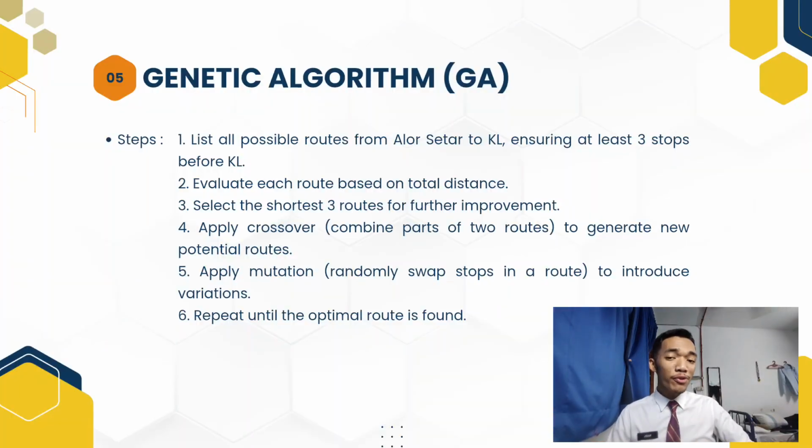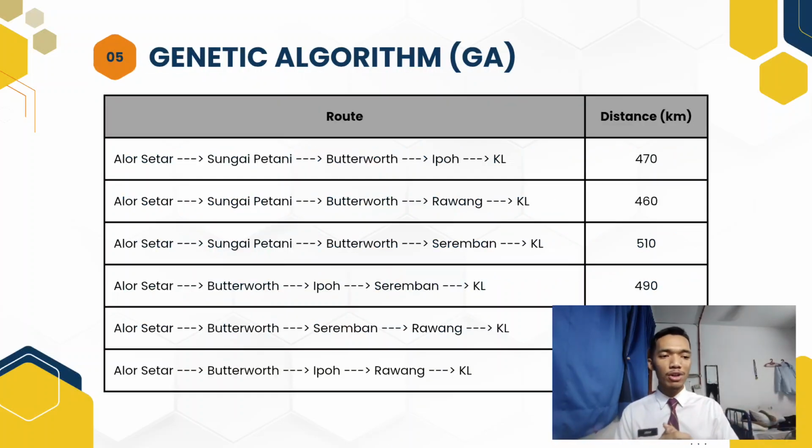So guys, now we move to the last heuristic method that we use to solve the problem. We use the genetic algorithm, which we call GA. What is GA? GA uses concepts from natural evolution to optimize solutions over time. In our case, we begin by generating all possible roads using our set of cities, which are Alor Setar, Sungai Petani, Butterworth, Ipoh, Rawang, and Seremban. Remember, each route must include at least 3 stops before reaching Kuala Lumpur. So, for example, our initial population of roads might include: